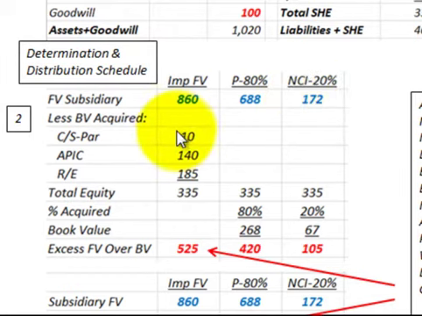$172,000. And then next we have to subtract out the book value of the total equity being acquired from Corporation B, the subsidiary. So from the balance sheet, total equity for the common stock and the retained earnings is $335,000. So then we have to apportion this total equity between the parent and the non-controlling interest. Looking at the parent, you take 80% times $335,000 and you get a book value of $268,000. And then for the non-controlling interest, you take 20% times this total equity of $335,000 and you get the book value of